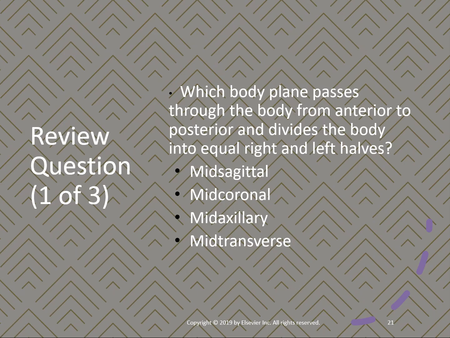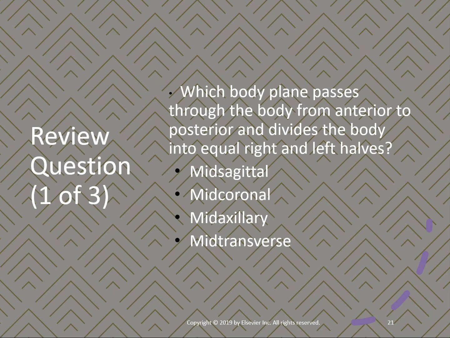It passes from anterior to posterior and divides the body into equal right and left halves. Okay? The coronal plane runs from left to right and divides it into an anterior and a posterior. See how we changed that around? So if you reverse the description of plane passes through with divided into, the right answer becomes the mid-coronal plane, which is a synonym for the